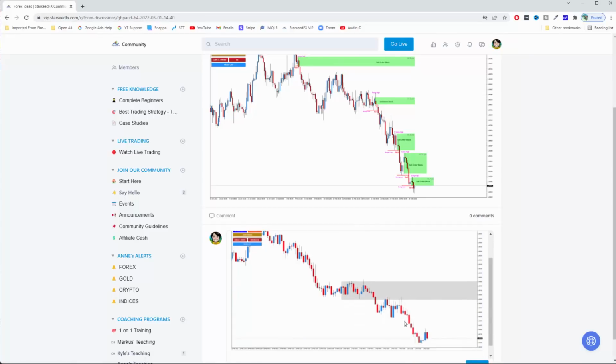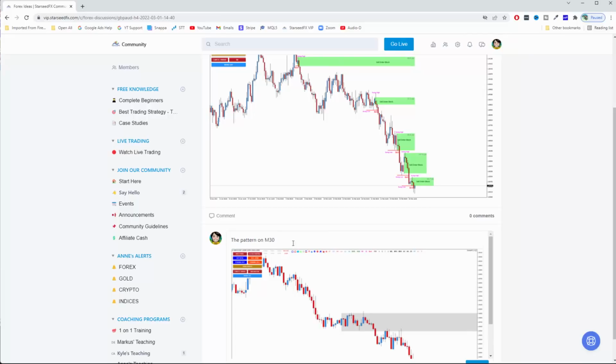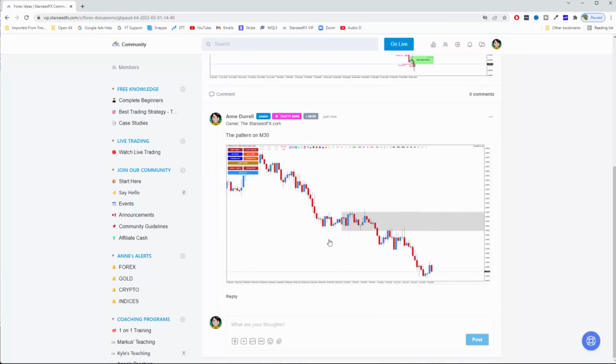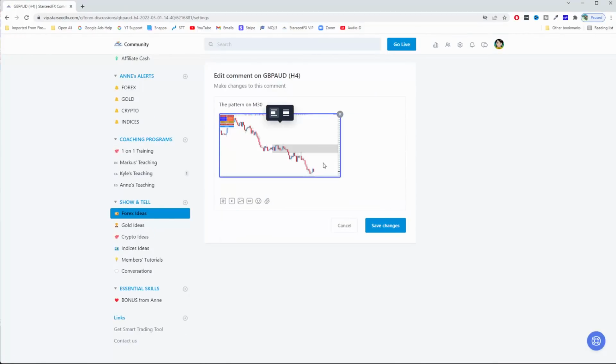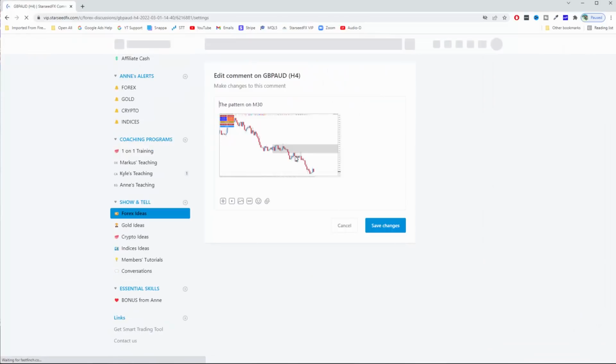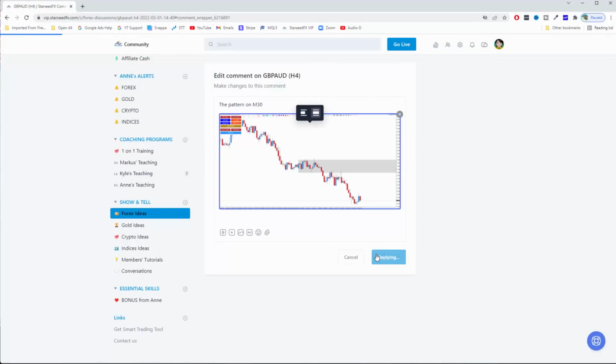Oh, where is the 1 2 3 here? Why does this appear? Because I'm using PanTab. So anyway, later on you have to label which one is your 1 2 3. So this is H4. Give more information, okay? Not like this, because this is really bad, since I want to save time. But you know the idea. You see that? So later on it will become a big picture, because if you forget to make this big, it will appear really small. You want to make the picture big, so it's easier for people to see. So click on the image and click like that, and then save changes.